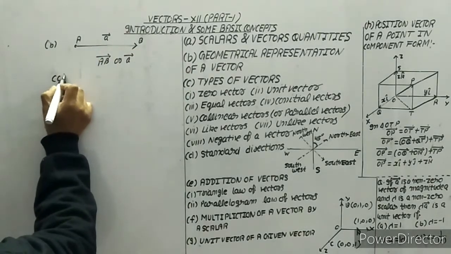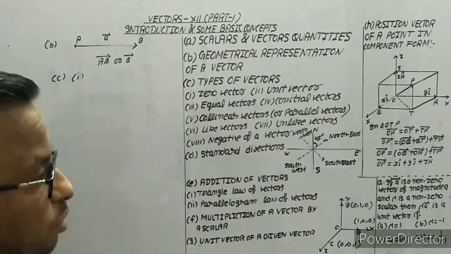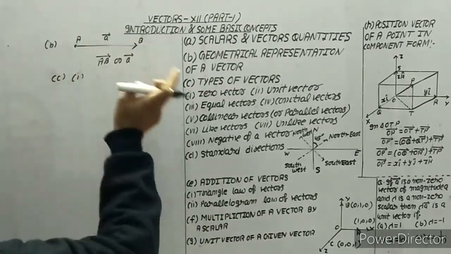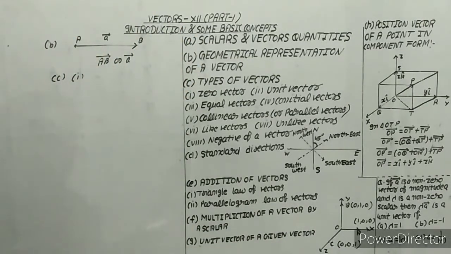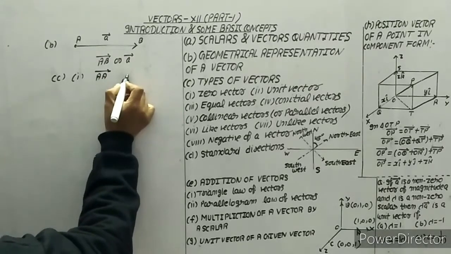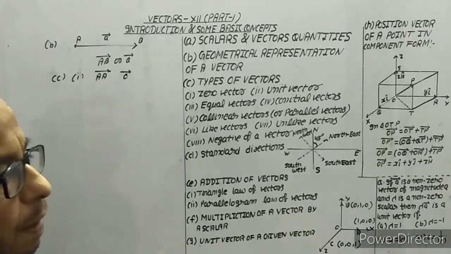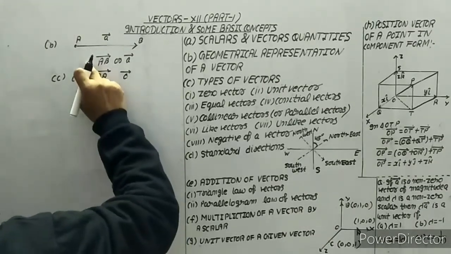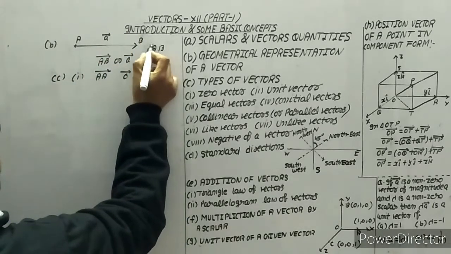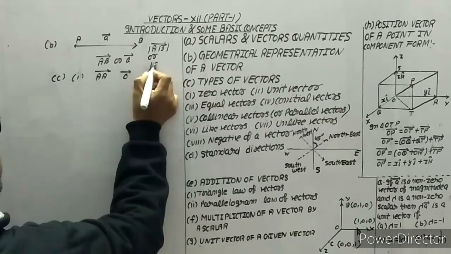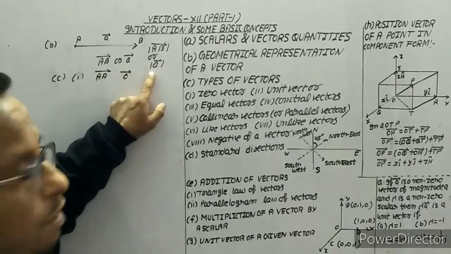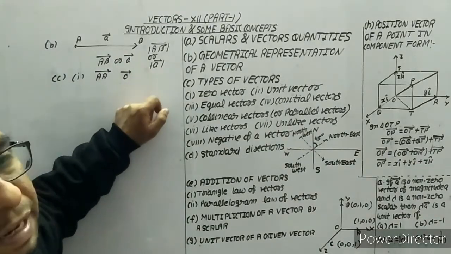Now, another point, types of vector, which is very important: zero vector. The best example for zero vector is if the initial and terminal positions remain the same, or you can say if they coincide, then we will say this is the zero vector. So this is the representation of zero vector. One more thing, if this is vector A, then the magnitude is always given by the magnitude of vector AB, or we can say the magnitude of vector A is represented by magnitude A.